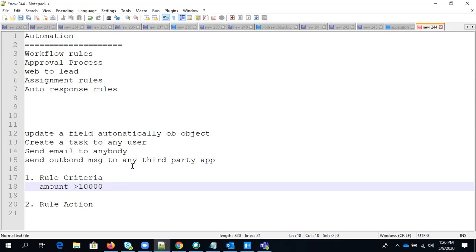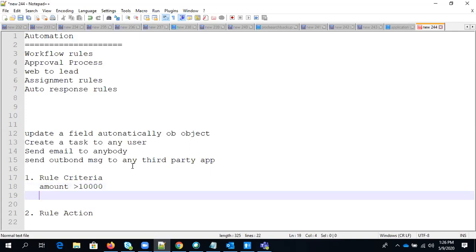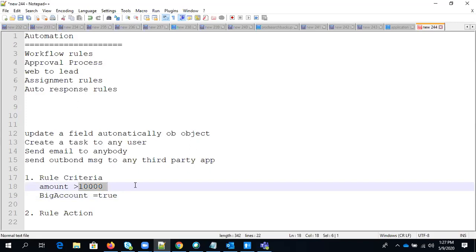If amount is greater than 2,000, then there should be a checkbox like bulk invoice, or a big account kind of thing. There is a checkbox, big account, and it should be true by default if amount is greater than 2,000, right?